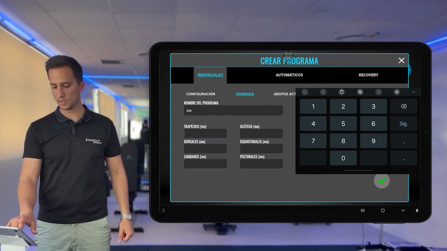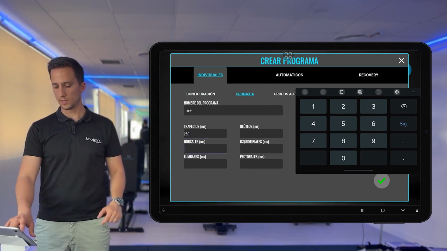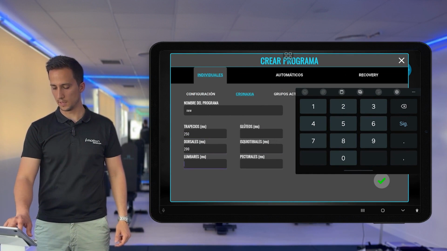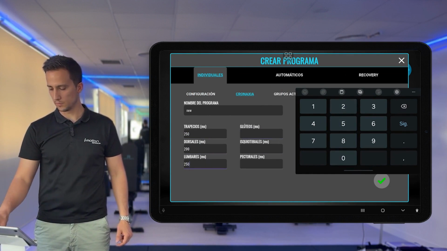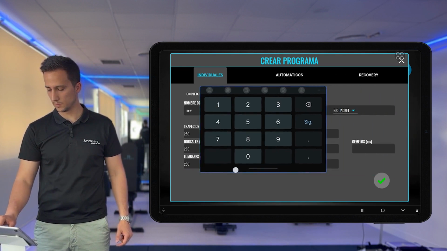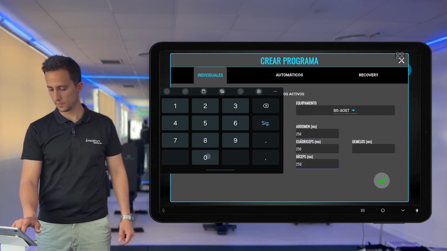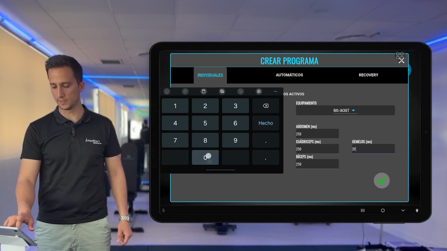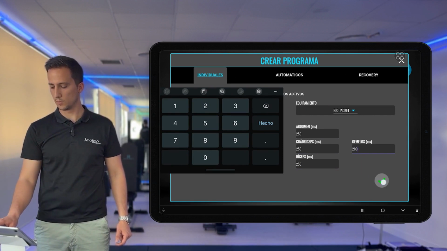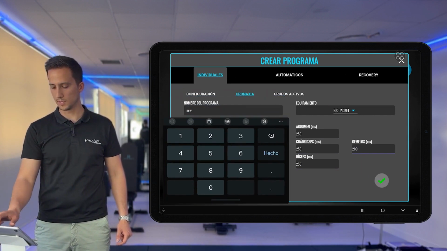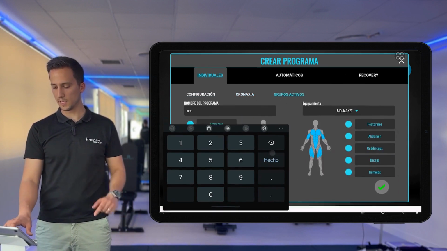And once inside chronaxy, I can adjust the intensities we want in microseconds for each muscle group. In this case, an example of different pulse width for each of the muscle groups. This is simply an example where we can also click to create it, just like the active groups